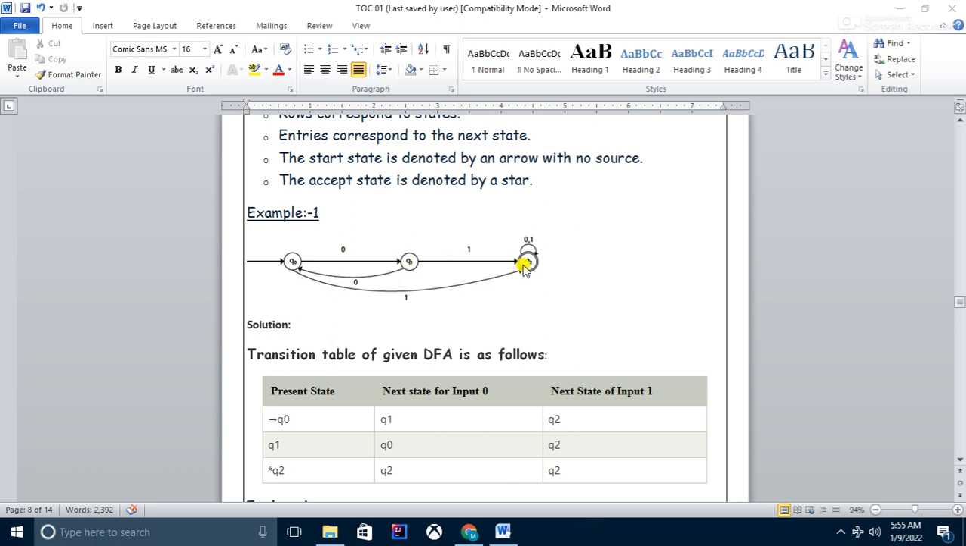Q1 on 1 is going to Q2. From Q2, if there is an input string, again a combination of input symbols 0 and 1, it is going to Q2. On Q0, if the input symbol is 1, it goes directly to the final state, Q2. And on Q1, if the input is 0, it comes back to Q0. So this is the transition diagram, and based on it we have to